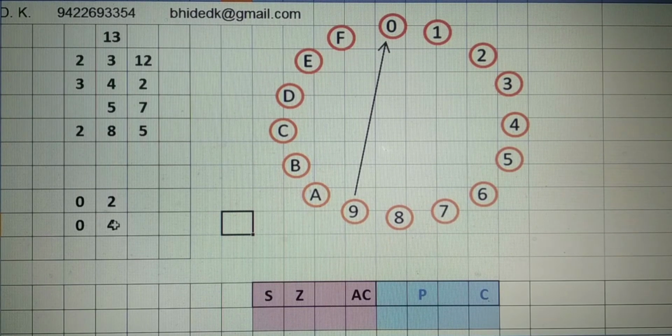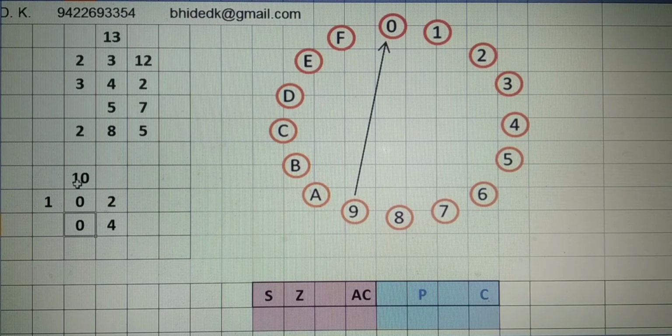2 is less than 4, so we cannot subtract; we have to borrow. But here also the number is not there, so you have to borrow from here. That means you are going to borrow it from the carry flag. In subtraction, the carry flag acts as a borrow. You borrow it from here, and it becomes 10.